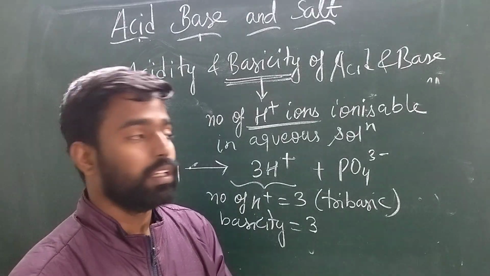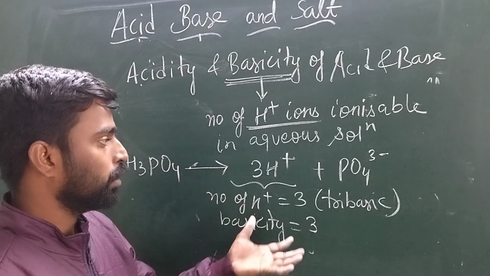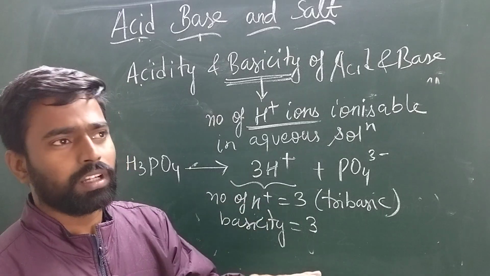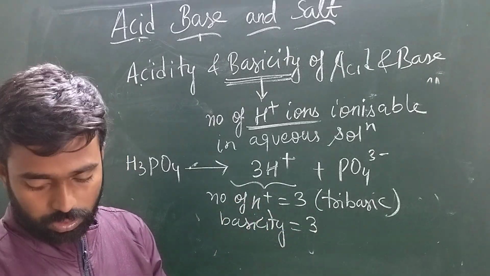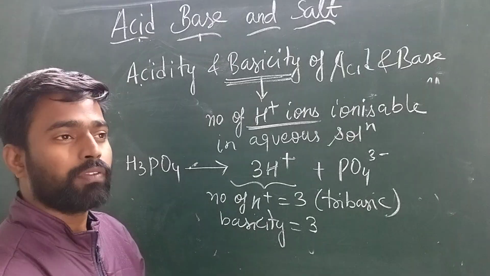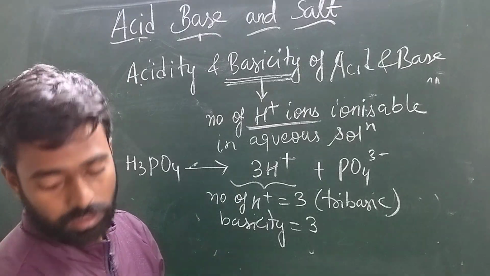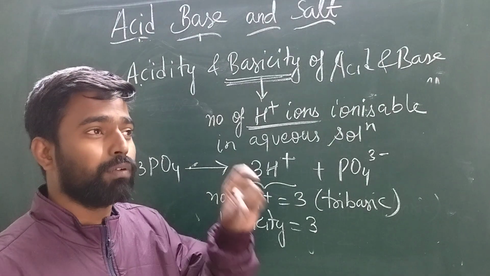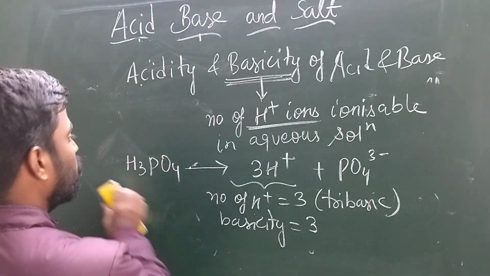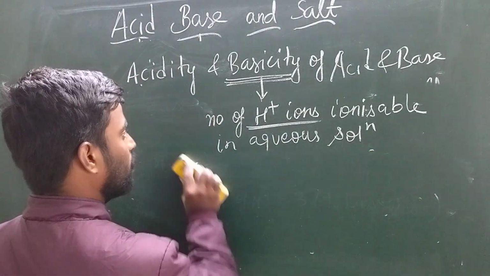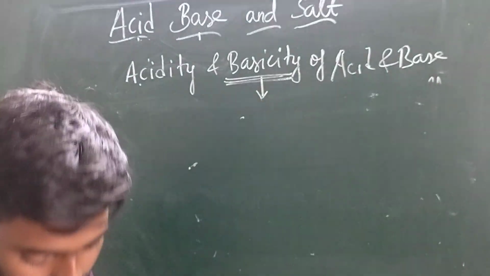phosphoric acid. Now, are we coming to the conclusion that the number of hydrogens is the basicity? No, it is not. नंबर ऑफ हाइड्रोजन बेसिसिटी नहीं होता है. बेसिसिटी वो होता है कि जब एक्वा सॉल्यूशन डिसॉल्व करने के बाद कितना H प्लस दे रहा है. Like, the twist is still coming, and the twist is what?